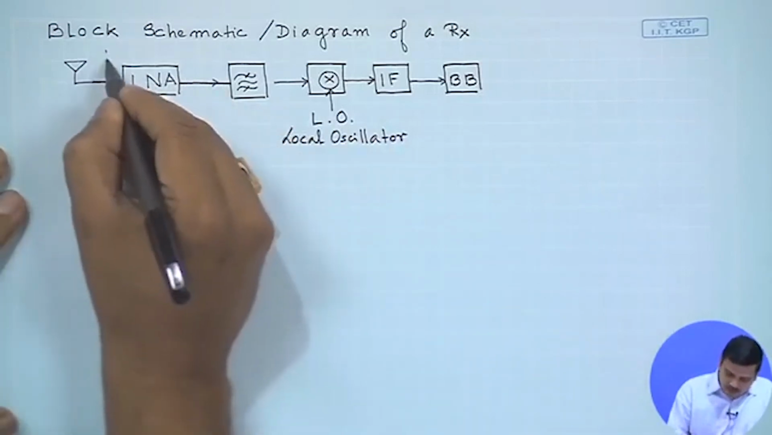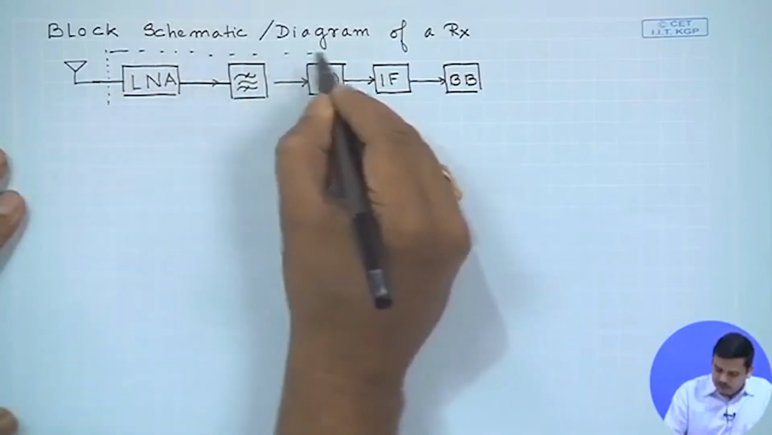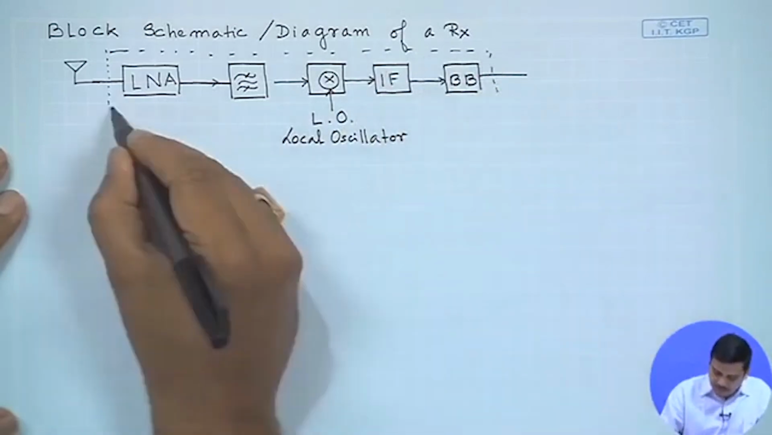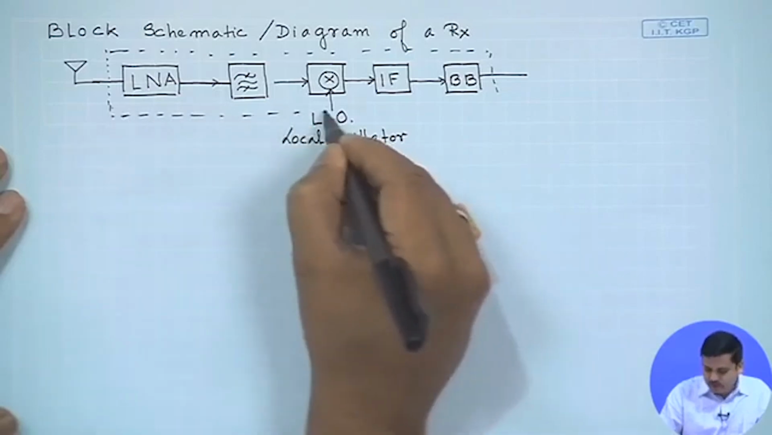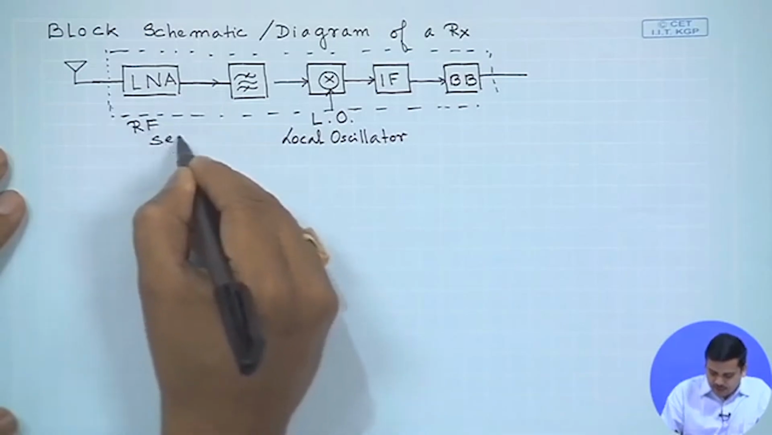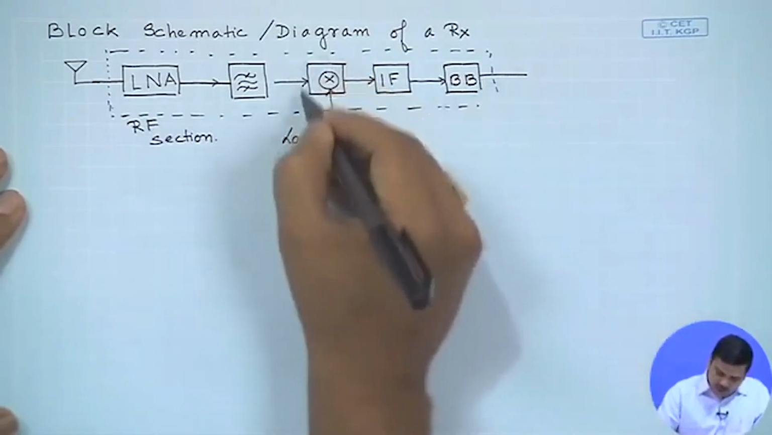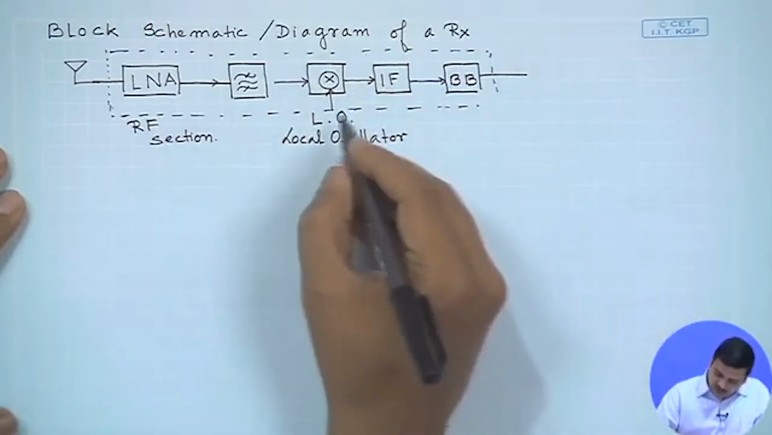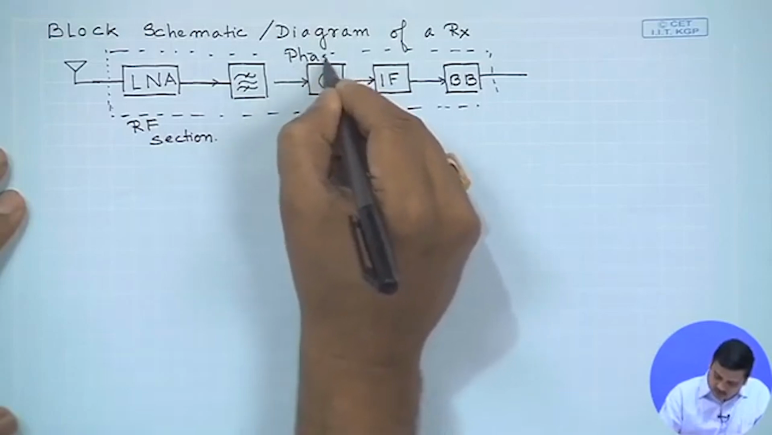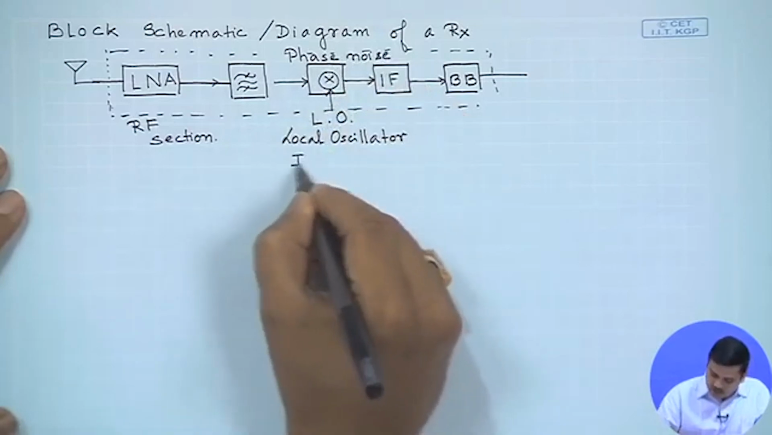And we can grossly, in a rough way, group all of these and claim that this group forms the RF section, the radio frequency section or the subsection. And here, where there is this local oscillator, the effects that come in could be phase noise, there could be IQ imbalance,